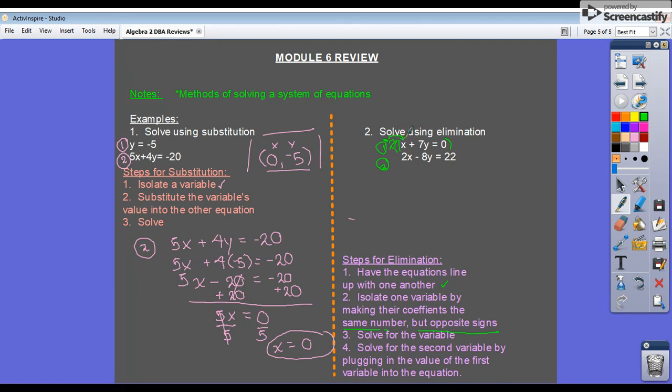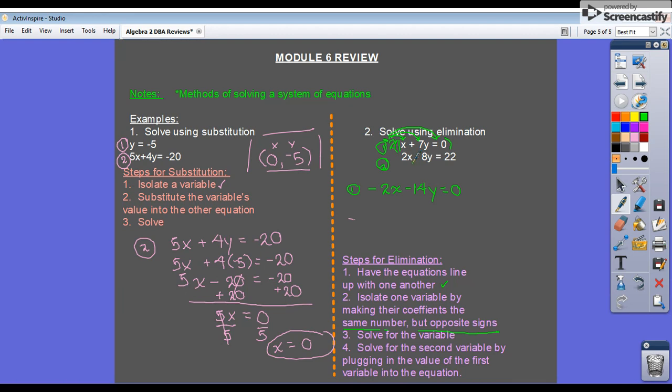So meaning whatever you do to this first equation for x, you're going to do to everything in the first equation. So if I distribute -2 into everything in the first equation, it will state -2x,